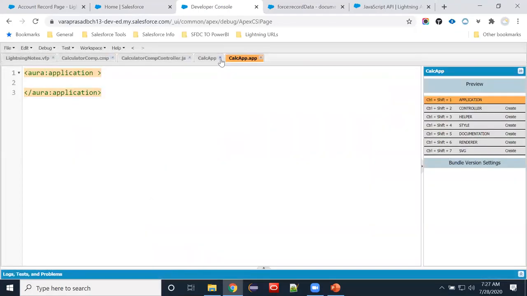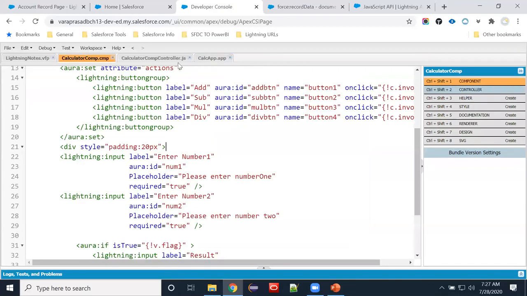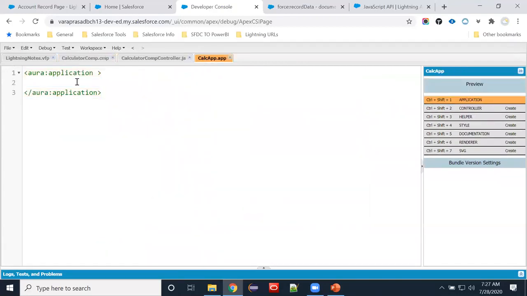So which one do I want to call? c colon calculator component, right? We have to use extends equal to force colon for lightning component styles. If you have any lightning components in our component, automatically we will get the styles.